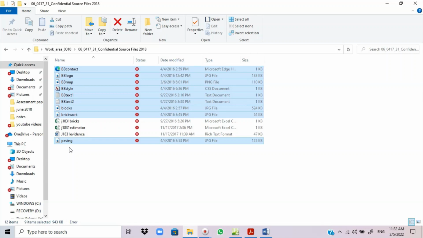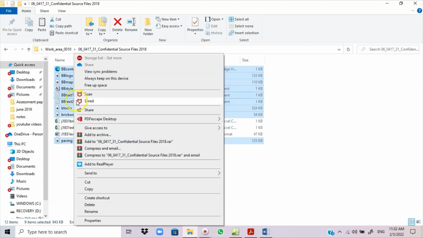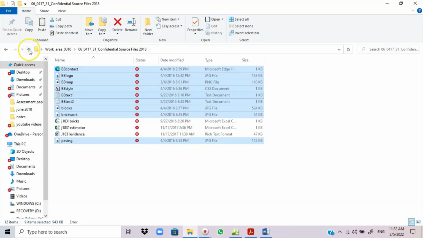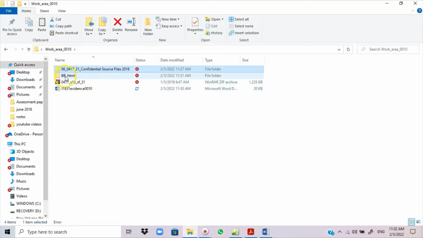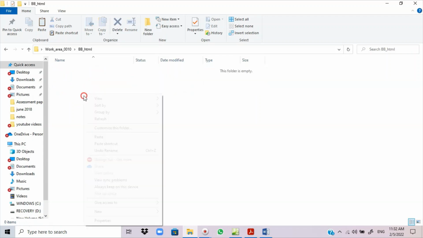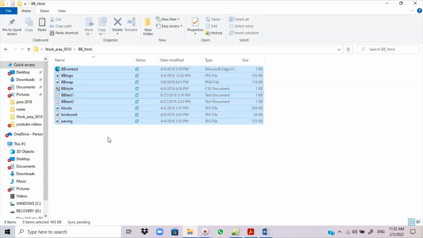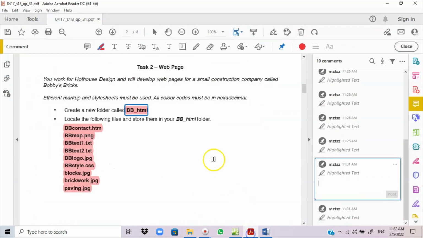Press Ctrl C from the keyboard, or just right click on these selected files and click on copy. Go back and put them over here in the folder bb_html. Right click and click on paste. Now you can see that all these files have been pasted in the required folder. Now the next step,